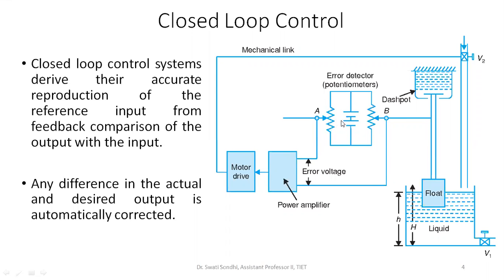पॉइंट ए को हमने ऐसे वोल्टेज पे सेट किया है, which is the voltage which will be produced when actual height is achieved. यानी कि जब इसमें एक्चुअल हाइट h जो हम चाहते हैं, जब वो अचीव होगी, तो जिस पर्टिकुलर पॉइंट पे ये b पॉइंट होगा, उस टाइम इसकी जितनी वोल्टेज होनी चाहिए वो हमने पहले ही a में सेट कर दी है। इसका मतलब हमने रेफरेंस जो हाइट है उसको वोल्टेज के टर्म्स में एक तरफ हमने सेट कर दिया है। So this becomes the reference input for us, and this b point is giving you